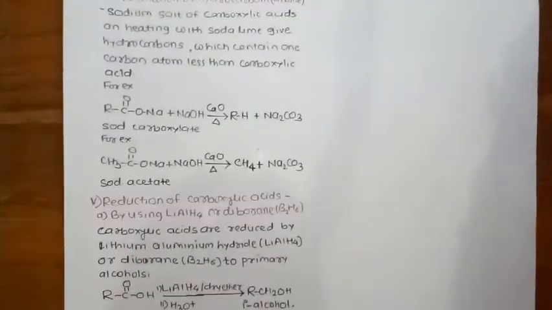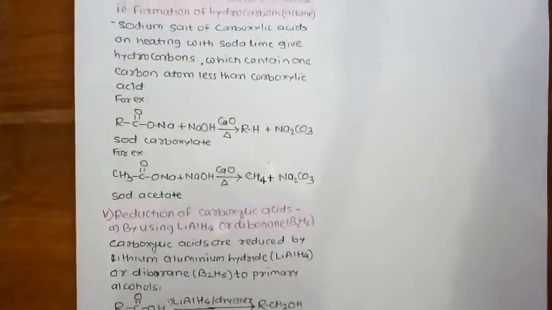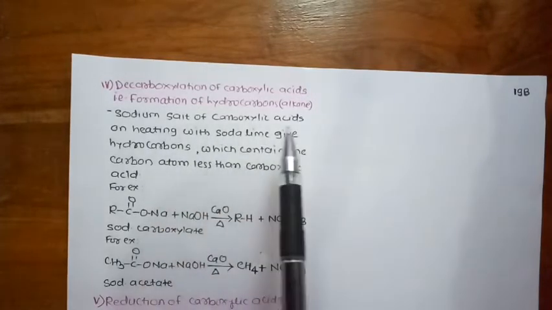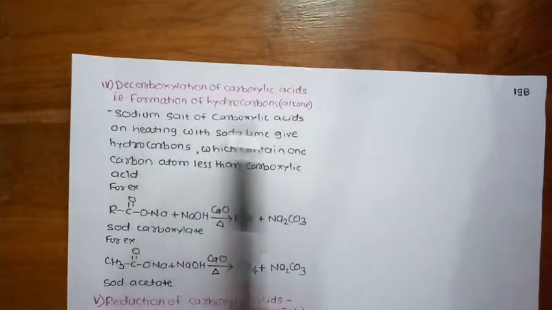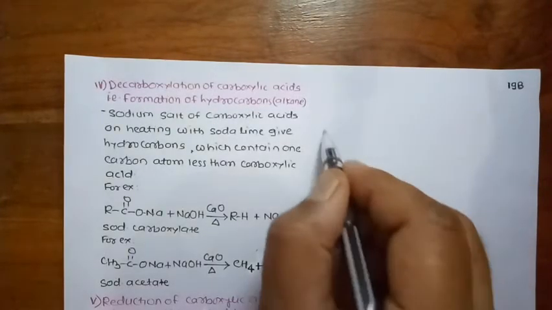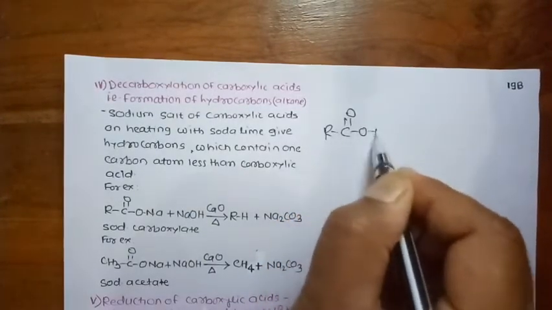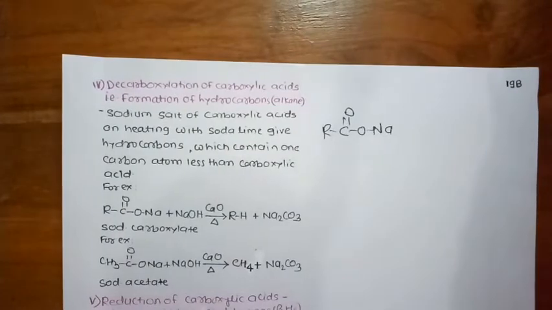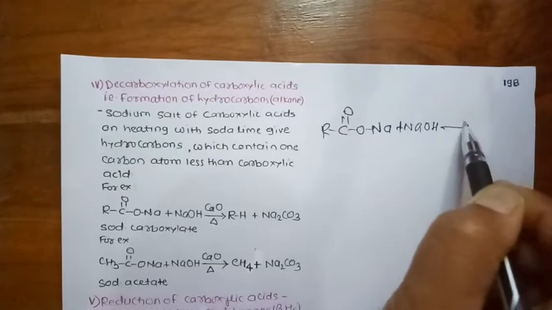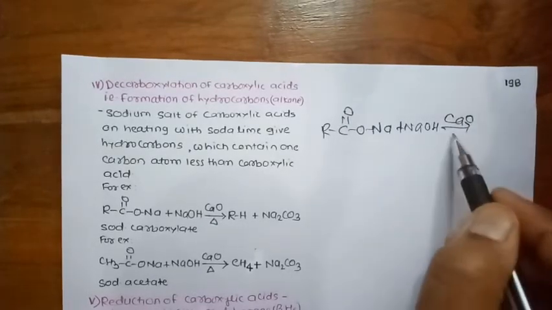Then third, another reaction of the carboxylic acid is decarboxylation of carboxylic acids, that is, formation of hydrocarbons. Decarboxylation means removal of a CO2 molecule, and in this reaction formation of hydrocarbons, particularly alkanes, takes place. When the salt of carboxylic acid, that means sodium salt of carboxylic acid, RCOONa, is heated with soda lime, the mixture of NaOH and CaO, then it gives